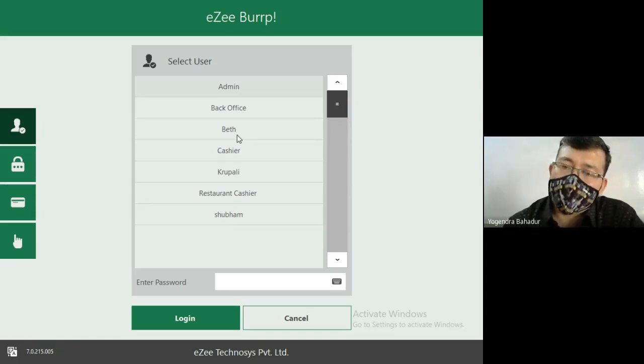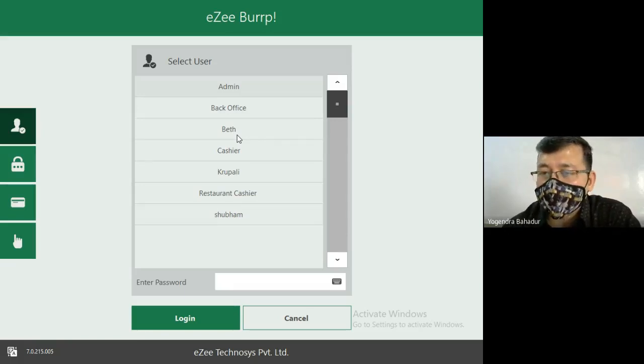The next very important aspect is that the rights available to the steward will be different compared to the rights under the user ID of the captain. Likewise, the rights under the user ID of the manager will be different.